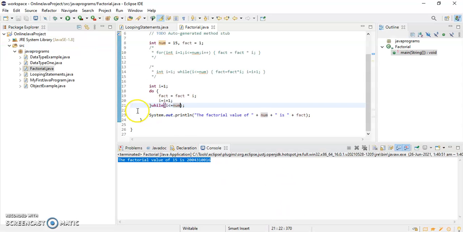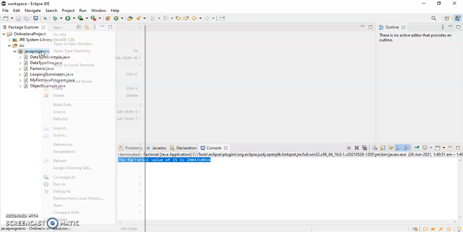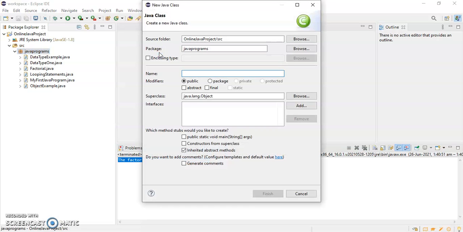Let me create a class first of all. What if I want to create a program where I can find the greatest among three numbers? I will create one class and name it FindGreatest.